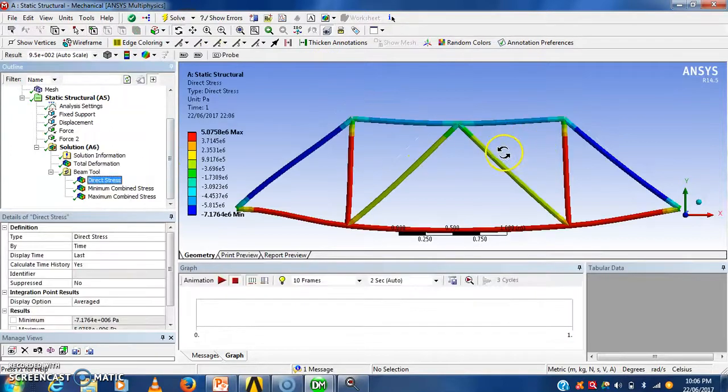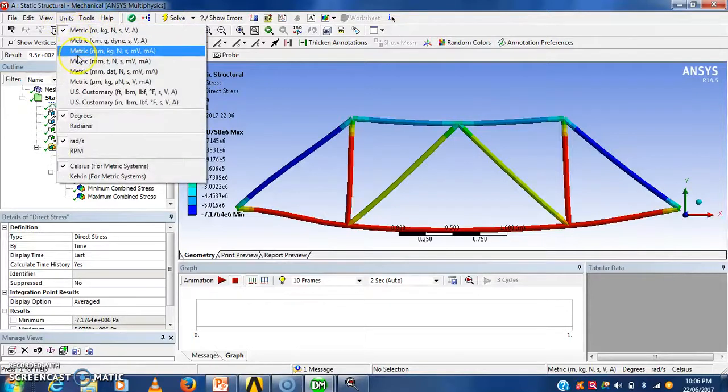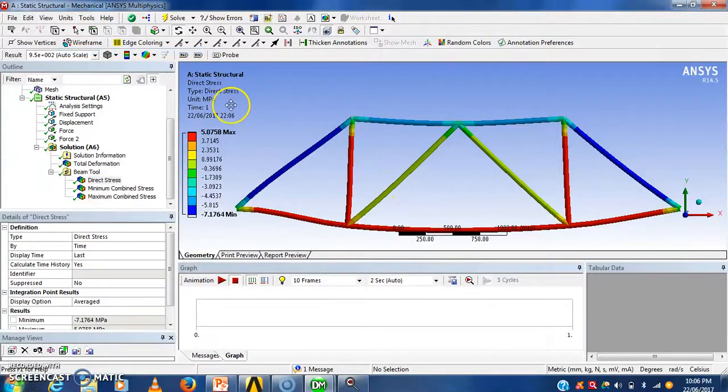See here, this will show the stresses which will be developed here. Now see the unit is in Pascal. I will convert that into megapascal. See here, the 5.07 megapascal